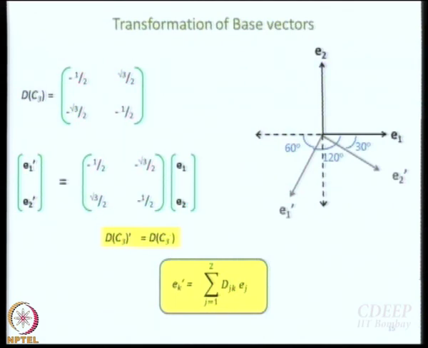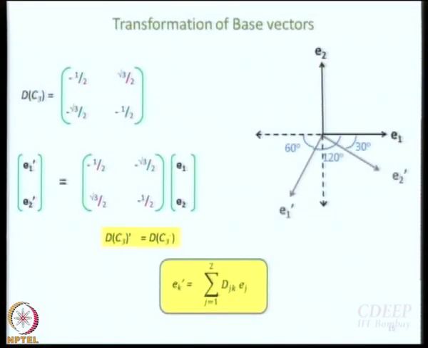Now, does it make sense? What I am saying is the transformation matrix that I get by using the position vector as the basis is inverse of the transformation matrix that I get when I transform the base vectors. What does that mean? And here of course plus minus means clockwise and anti-clockwise rotation, right.